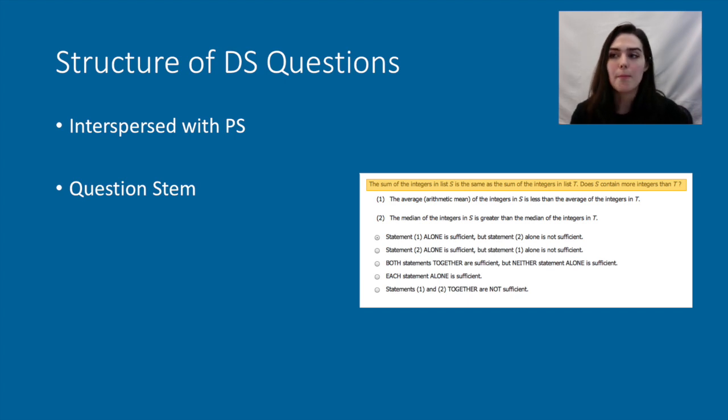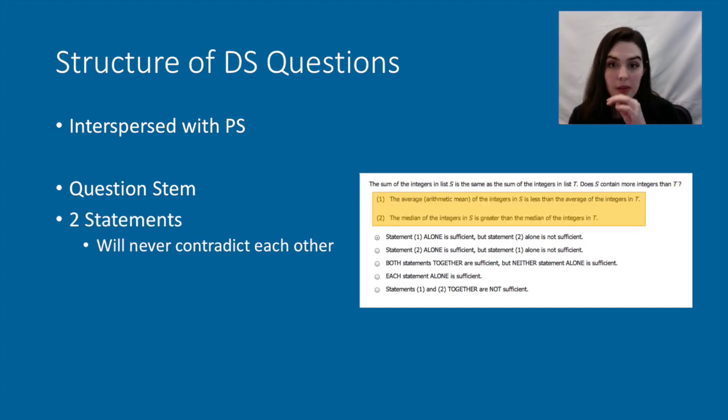Now, that information may or may not be contained in the 2 statements below. So there's always going to be 2 statements, and they're going to change with every problem. So the question stem changes, and the 2 statements change. And whether or not those statements are sufficient to solve the problem will also change. But one thing that's always going to stay